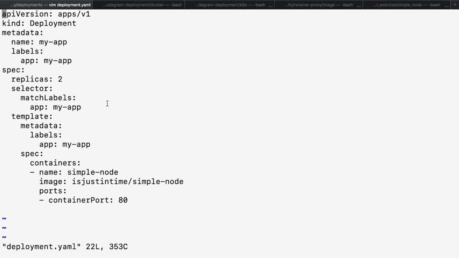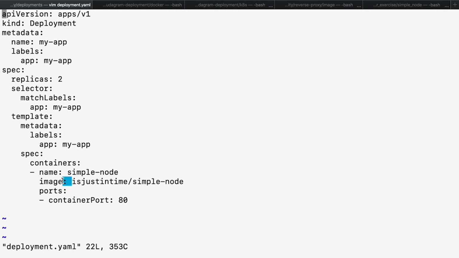Starting off with the deployment YAML file, we see that we can specify that this is a deployment YAML file, and there are some configurations such as what I want to name my app, number of replicas that I want, and some other pieces of metadata. One important thing to look at is how we set up the containers.